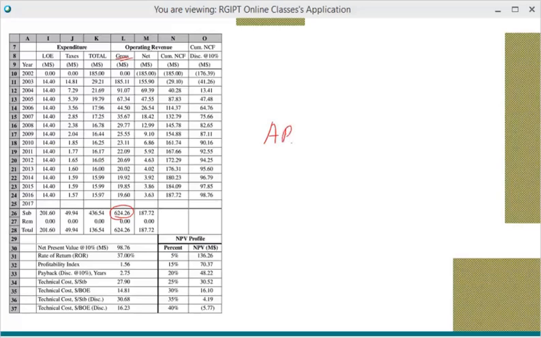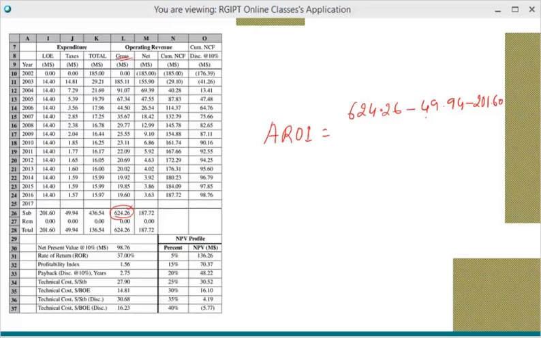So ARO, average return on investment, will be this. You have 624.26, this one minus 49.94 as taxes, and this operational expenditure that you have had,